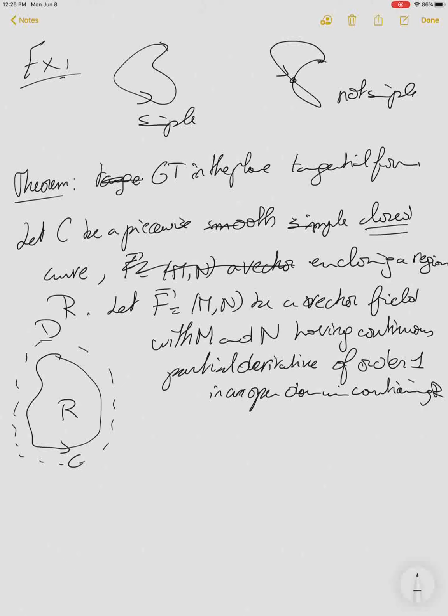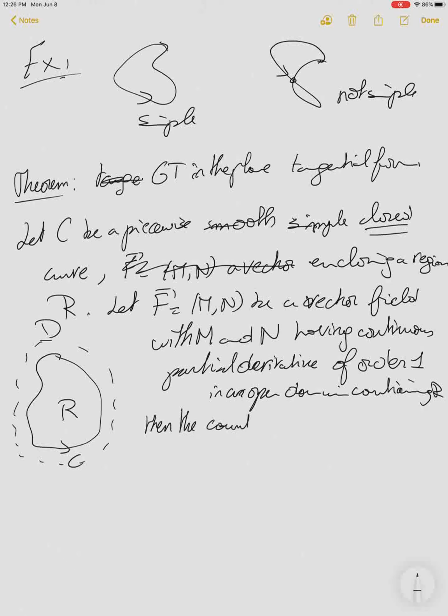So F is differentiable, and the partial derivatives of order 1 are continuous in R and on C. You see, we take a little bit of room for technicality in the proof. I take a little bit more room than the closed set R with C. Then